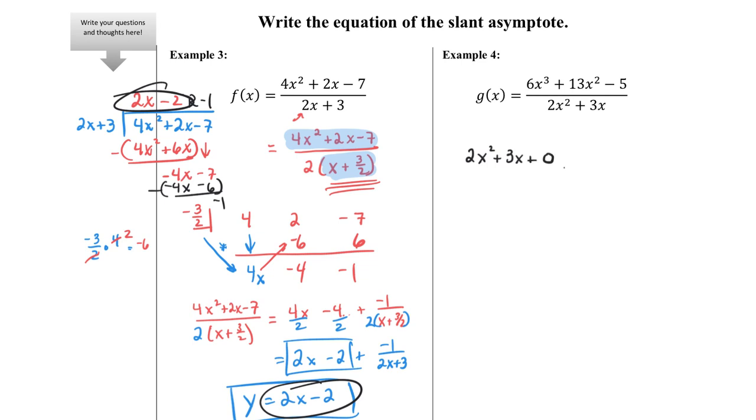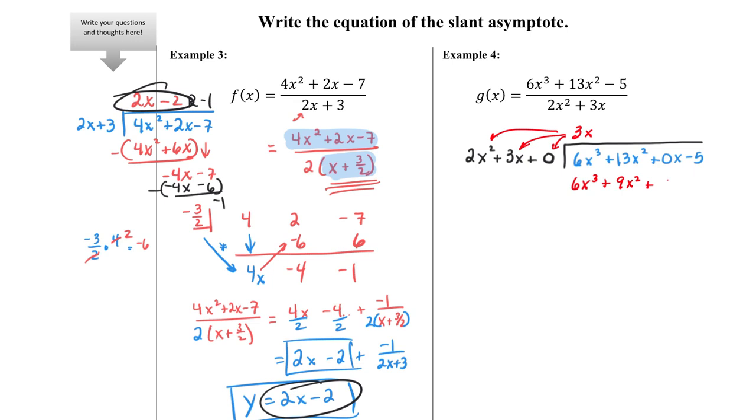Someone put a 0 in there. It was missing that constant term. And on the inside, I got a cubic term. I got a squared term. I'm missing my constant term, so I put in that 0. So here I go. 2 times what gives me 6? 2 times 3, and I need an extra x. So I'm going to have to use 3x. So off I go. We'll put a 3x up here, and we'll distribute, giving us 6x cubed plus 9x squared